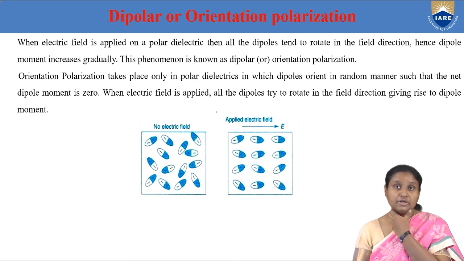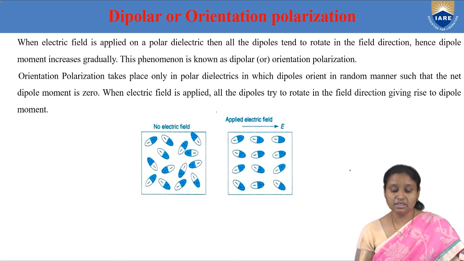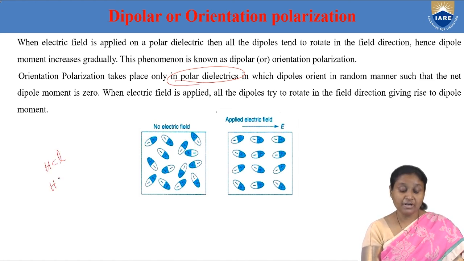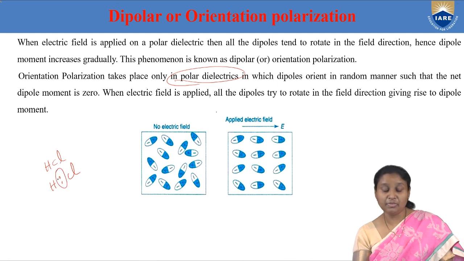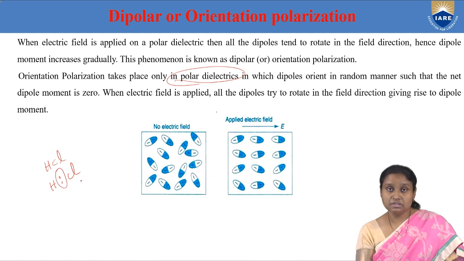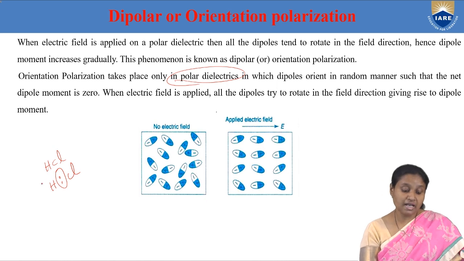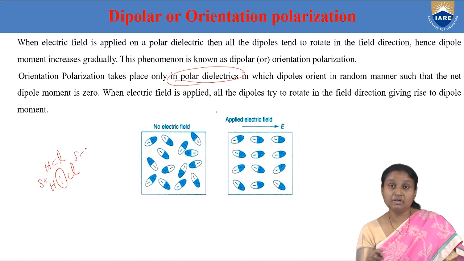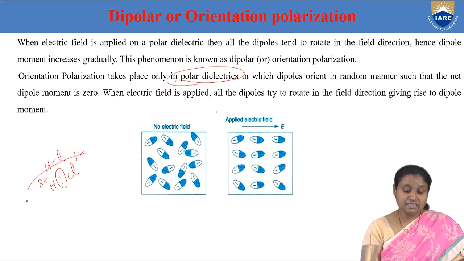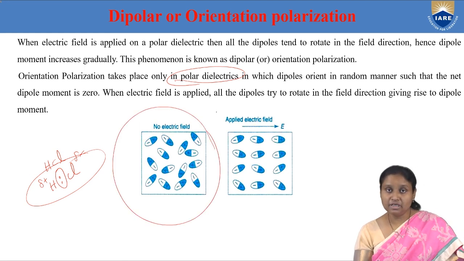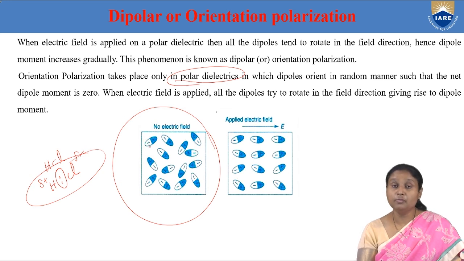Then coming to orientation polarization, I have already discussed it in my video, as we know that it occurs in polar dielectrics. Suppose I take a hydrogen chloride molecule, so they form a bond where they share one pair of electrons, but this chlorine atom, because it is highly electronegative, will try to pull this pair of electrons towards it. And when it pulls this pair of electrons towards it, then the hydrogen atom will act as the positive end of the dipole, and the chlorine atom will act as the negative end of the dipole. So they are in the state of a dipole. Even if we don't apply any electric field, each molecule will be in the state of a dipole. So this is the case when no electric field is applied, and this represents each molecule of a polar dielectric.